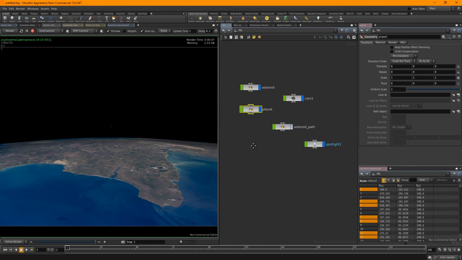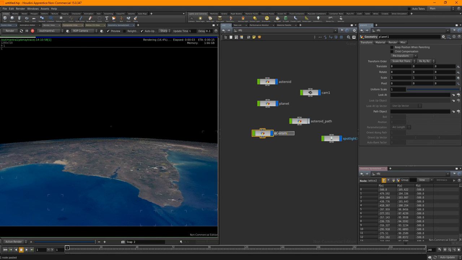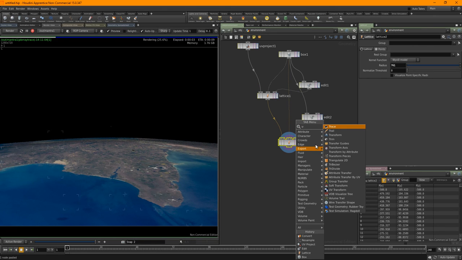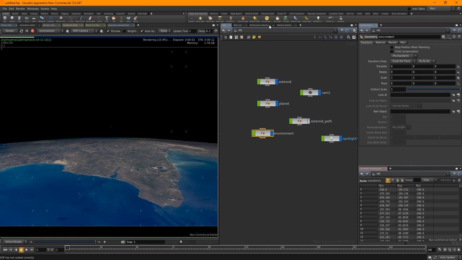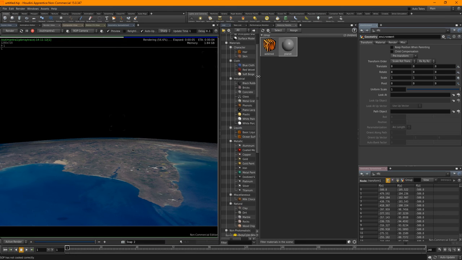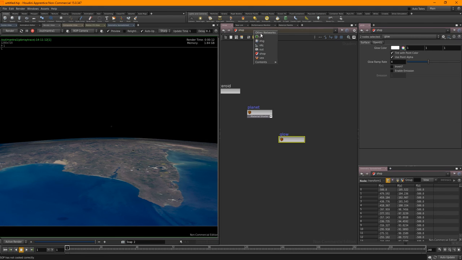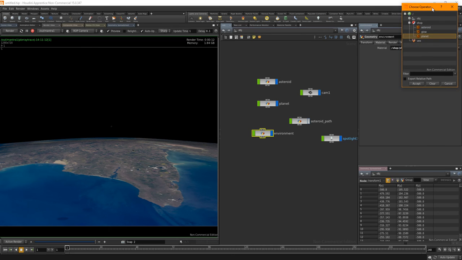So, planet. I'm going to copy paste you, and I'm going to call that environment. I'm going to jump in, and then I'm going to transform you up ever so slightly. So, you know, 0.1 maybe. And let's go to our material palette and scroll down to glow. I'm going to put a glow on there. So I'm going to go OBJ, and in here I'm going to change this to glow.